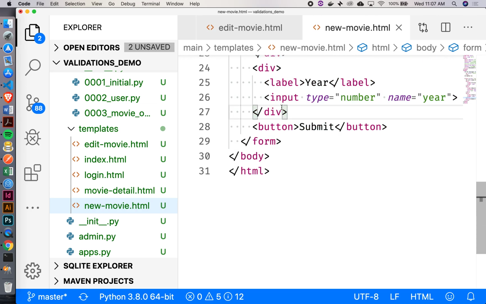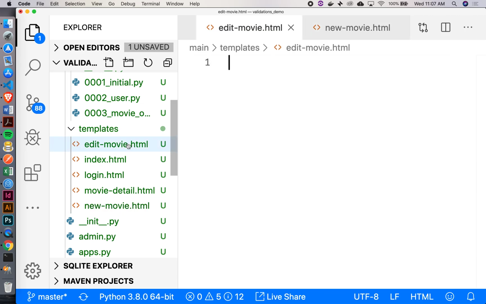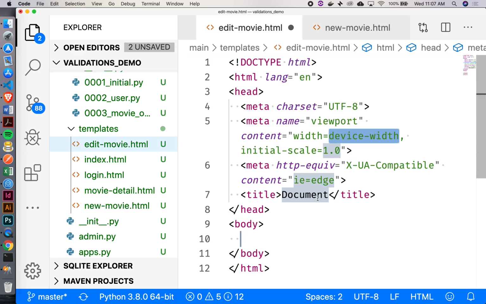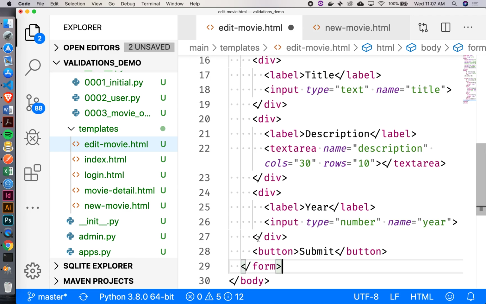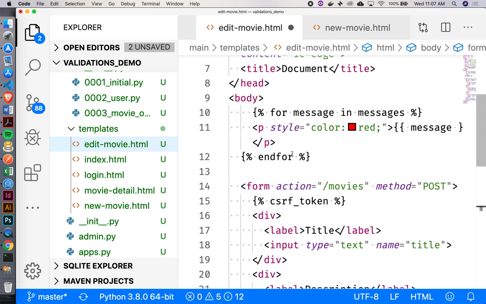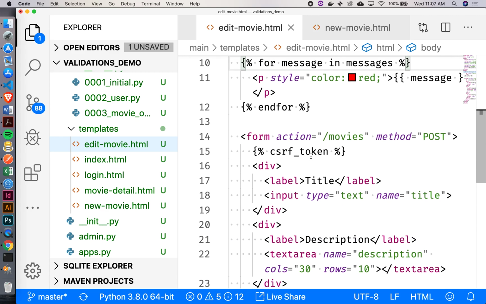Copy. People getting restless in here? Cool. So let's drop that in there, the same form here. And I'm going to make some little changes to this form. I do need to change where this is being routed, right? Because right now it's just going to /movies. So I want to change that to movies /